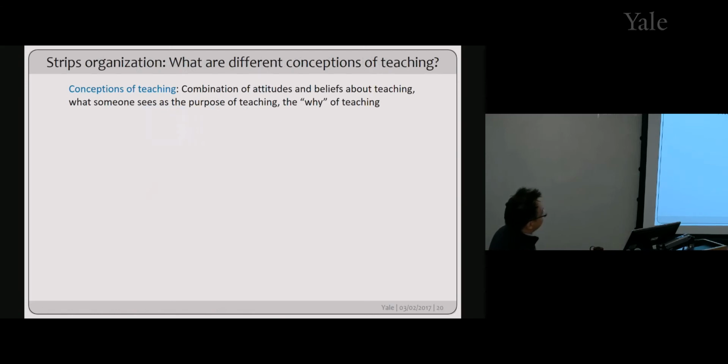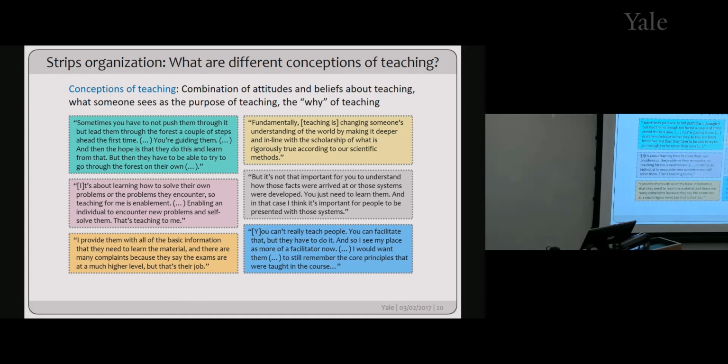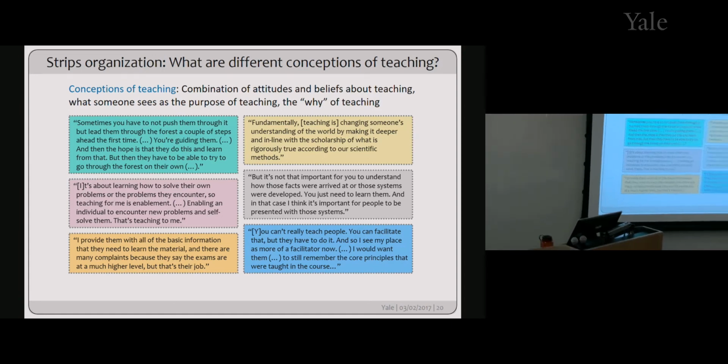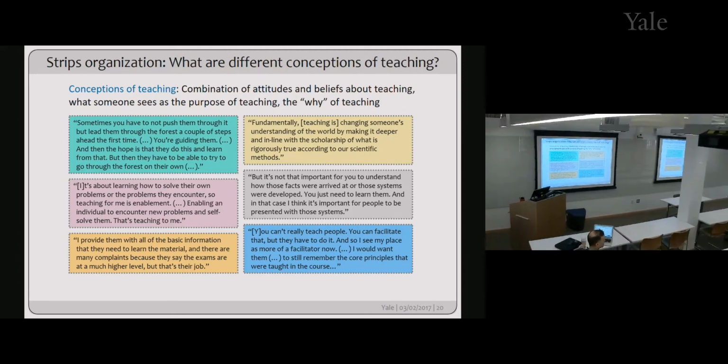And so what I have here is a bunch of interview excerpts. They're not necessarily from Adam and Philip, but they represent different conceptions of teaching that university faculty may hold. So what I'd like you to do is take a look at them and arrange them into different conceptions of teaching, based on whatever criteria you want to use or can come up with by looking at them.